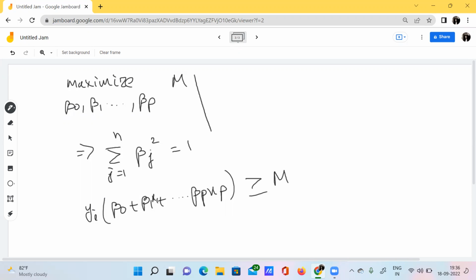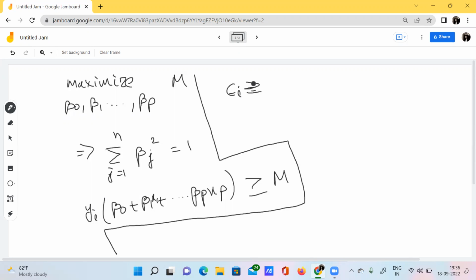Now I'm going to explain this. See here, we have epsilon i greater than or equal to 0, and the sum over i equal to 1 to n of epsilon i is less than or equal to C. What is this C here?